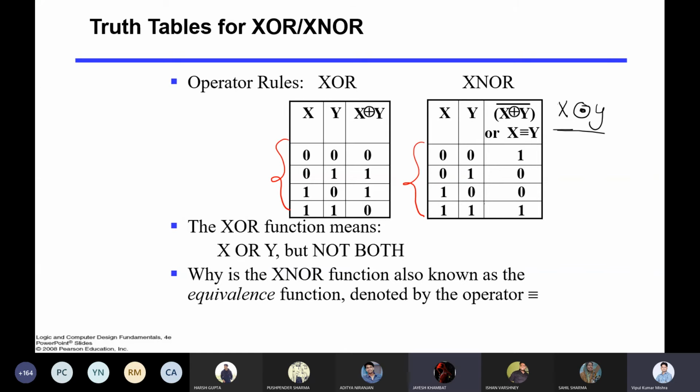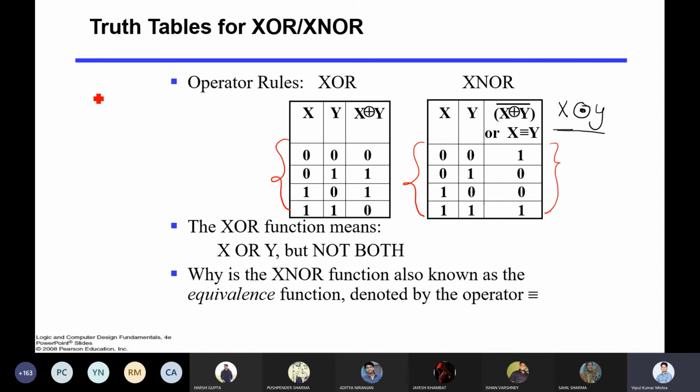Something that you observe from this table: where in XOR there was 0, it has changed to 1 in XNOR, and where there is 1 in XOR, it has changed to 0 in XNOR. In XOR, when both values are the same, the output is 0, but in XNOR, when both are the same, the output is 1. Similarly, if you say XNOR, if both are the same, then it will be 1. When both are different, then it will be 0. It is visible from this.